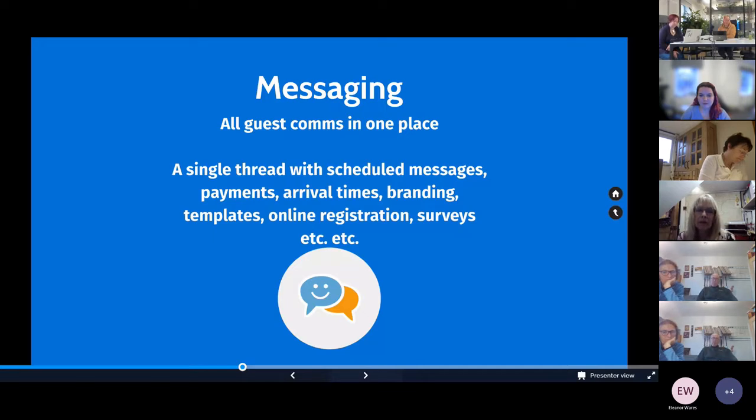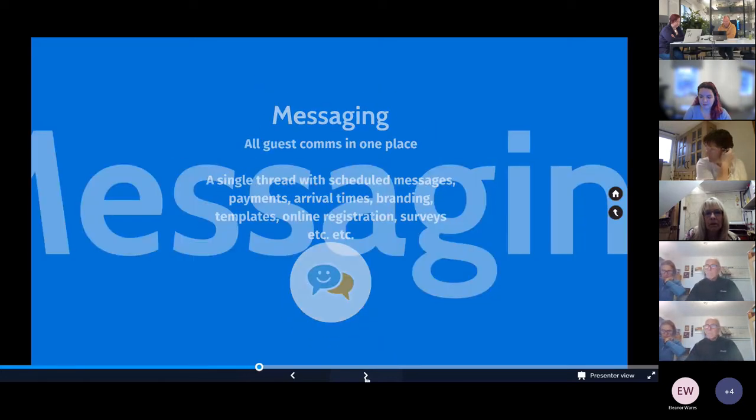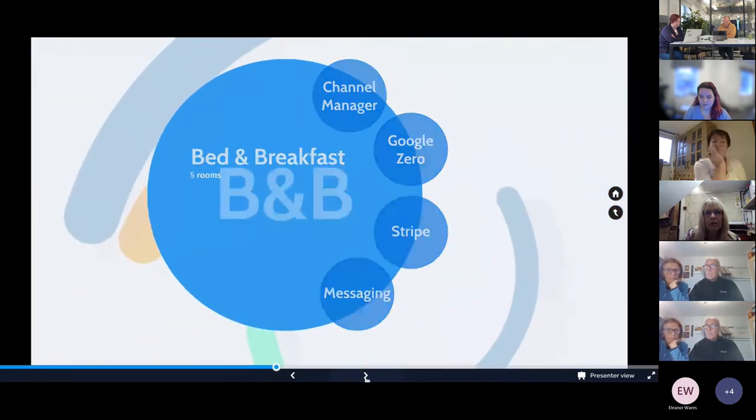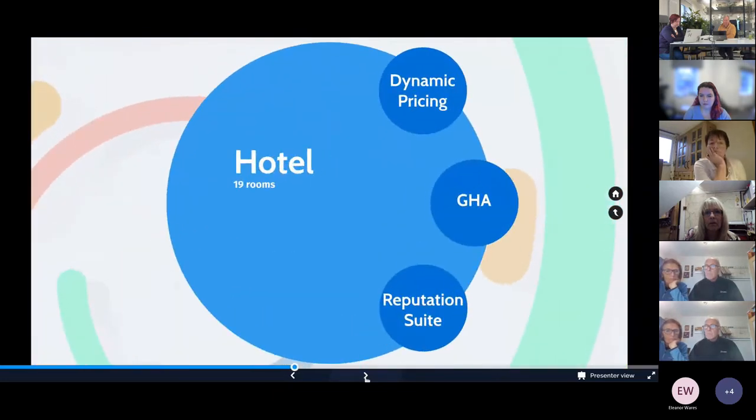And when they're in stay as well, you can use something like surveys. So you can ask literally within about 20 minutes of them checking into their room whether they're happy with that. It's a really good way of managing your guests' experience, because if there are any issues, they come up straight away. But I think 99.9% of the time there aren't any issues, but I think the guests appreciate being asked, is everything okay? So that's kind of what you would look at for a B&B.